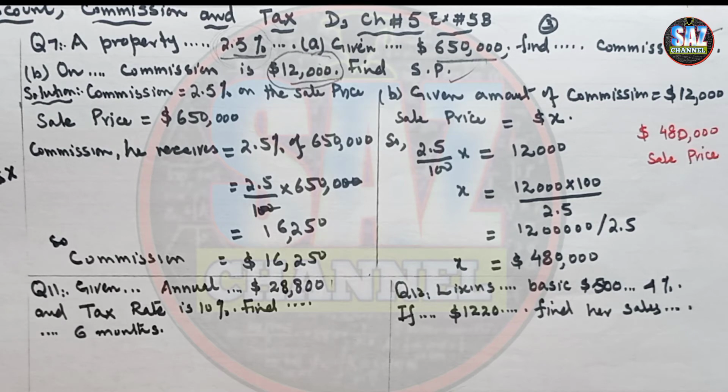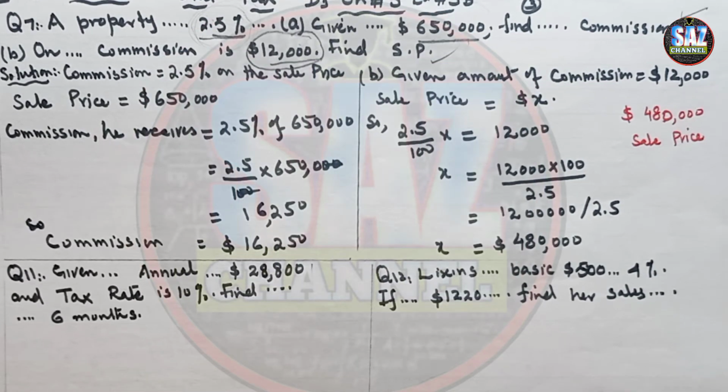Let's move to the next question, question number 11. Let me read the information from the book. Question 11 asks: what is the property tax? Property tax is on land, houses, flats or buildings, and is computed as follows. Property tax payable yearly equals annual value multiplied by tax rate, where the annual value of the property is the estimated amount of money the owner will get if he or she rents out the property for 1 year.